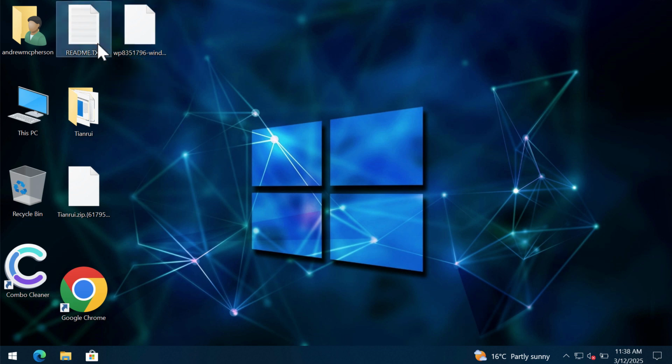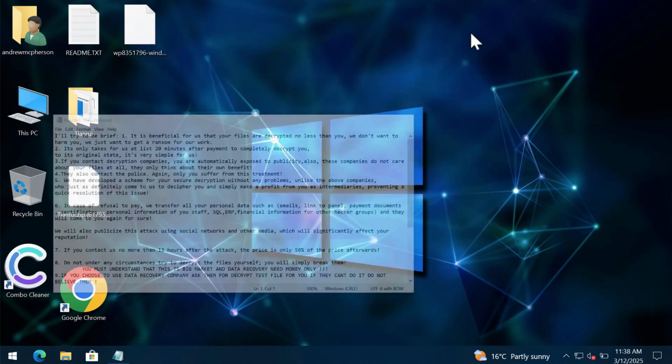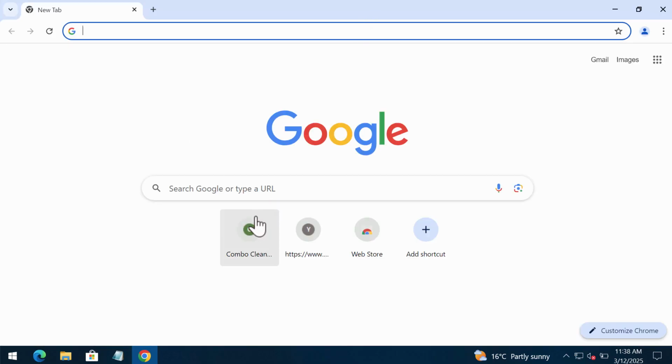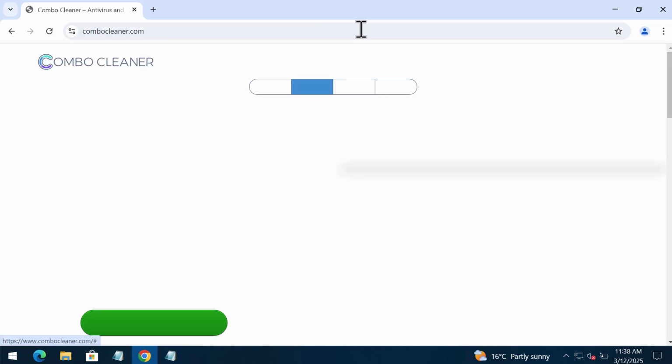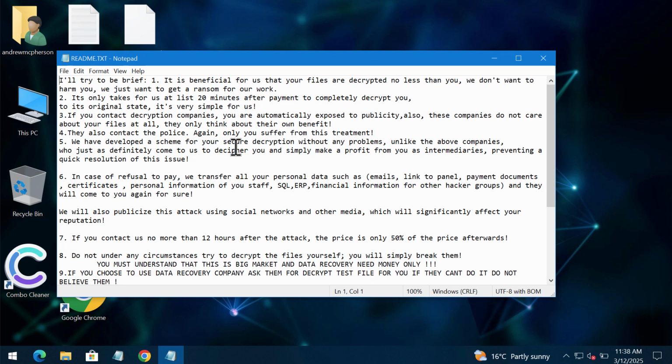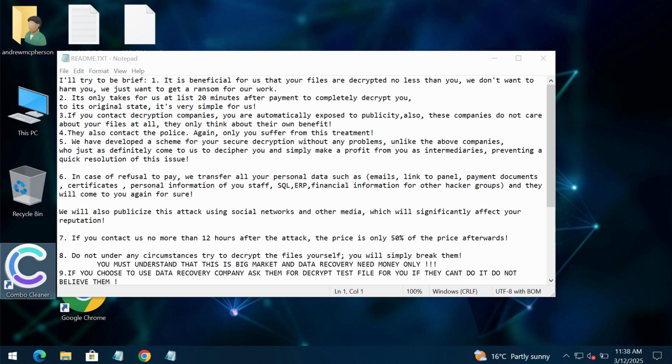Paying the ransom is not a good idea. Don't waste your money. Don't pay the ransom. I recommend you to remove the ransomware with Combo Cleaner. Go to the website combocleaner.com, download it, install it, and then, once the application gets successfully installed, start scanning your